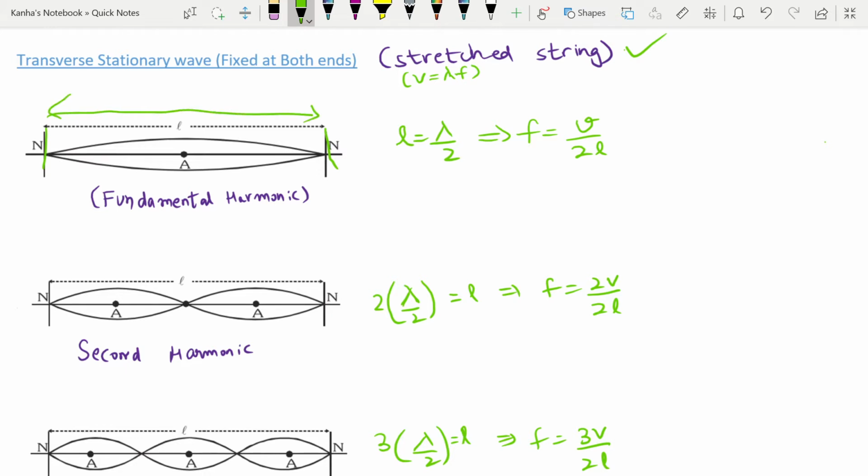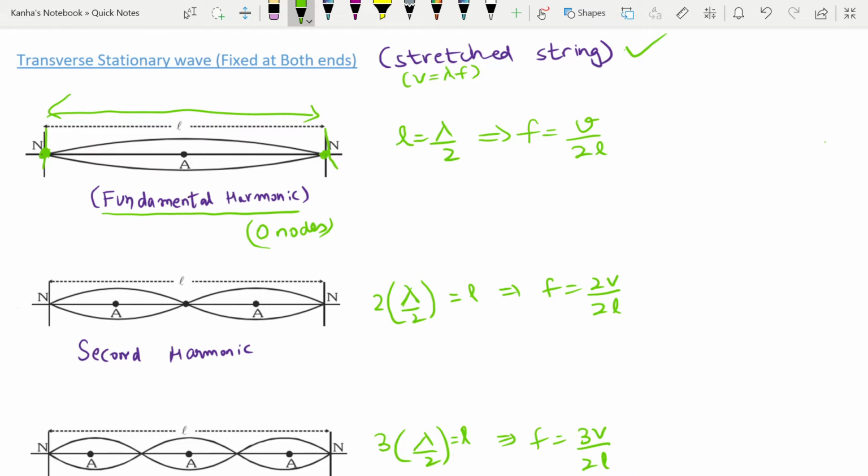So the fundamental harmonic is given by the following condition. There is a pulse in the string such that only half of the wavelength is covered. So there is no node except the corners. There is no node in the system. So fundamental harmonic has zero nodes. I'm not talking about the ends. Ends are always nodes here. This you should always remember. At the end, your wave should have a node.